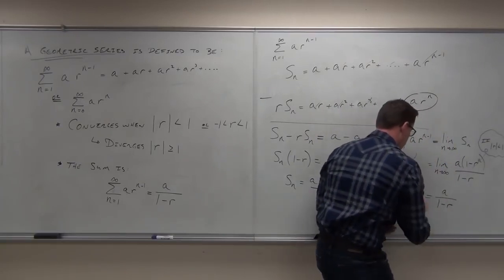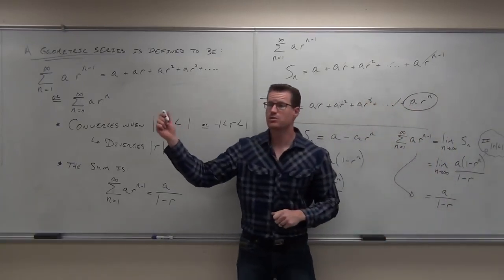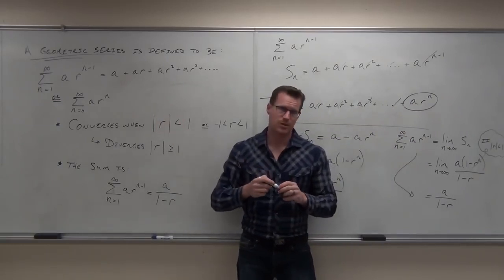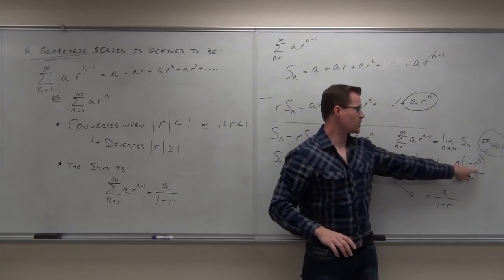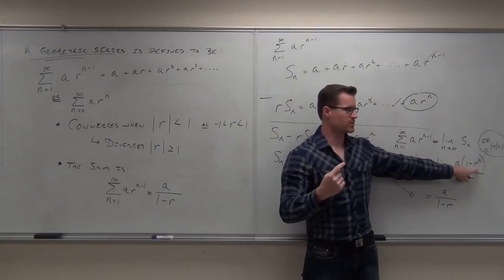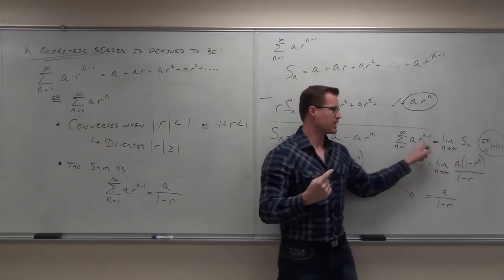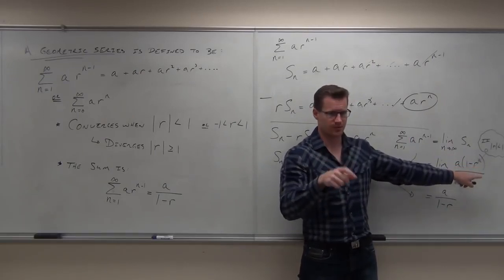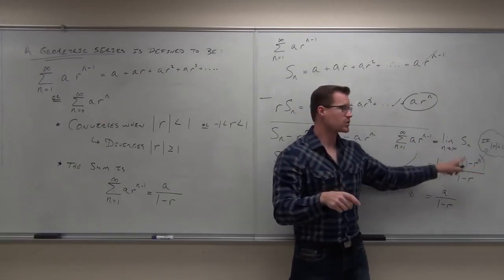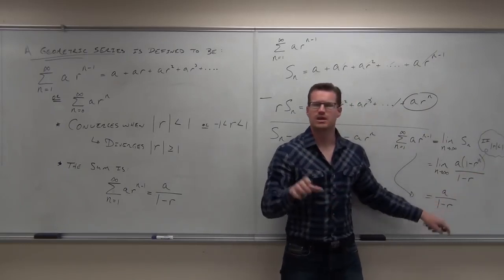And that is proving two things here. Three things, really. It's proving that this series diverges when r is more than or equal to 1 in terms of absolute value. It's also proving that the series converges when r is between negative 1 and 1, so the absolute value of r is less than 1. And it's also proving that the sum is equal to this,